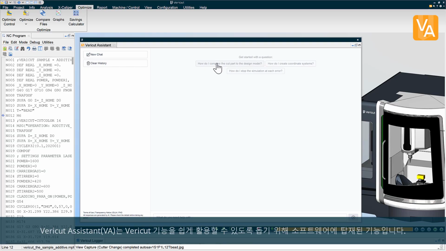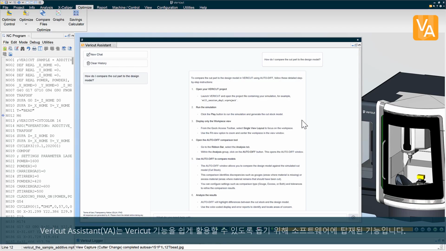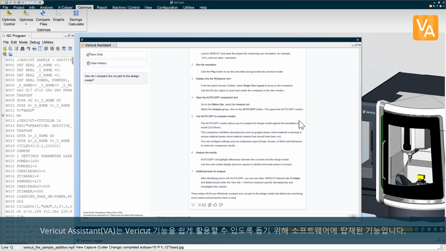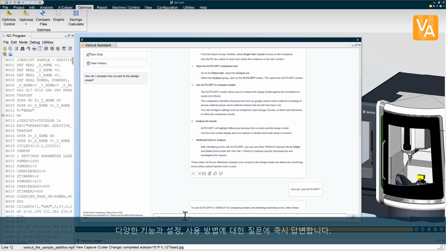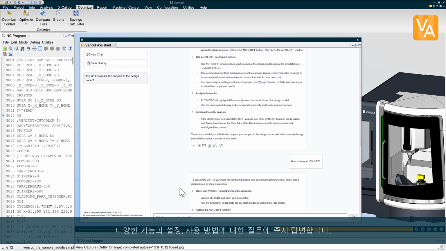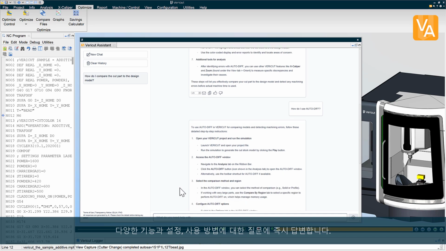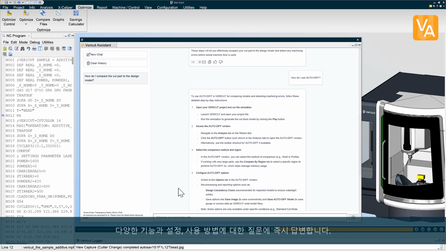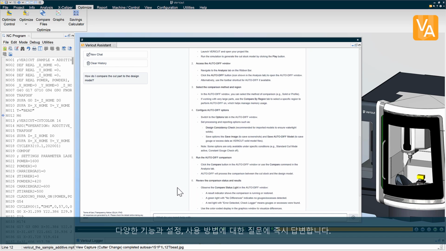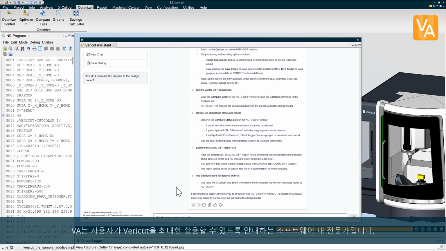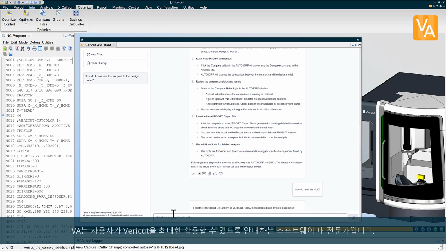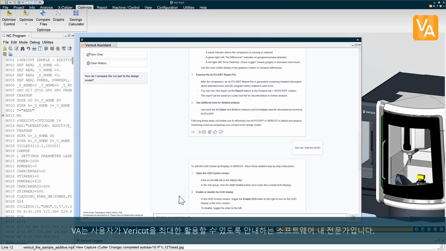Vericut Assistant, or VA, is a powerful in-software assistant that helps users with practical applications and usage of Vericut's extensive feature set. It provides step-by-step guidance on how to use various tools and settings, delivering instant answers to "how do I" questions directly within the software interface. VA acts as an in-software expert, making it easier than ever for machinists and programmers to unlock the full potential